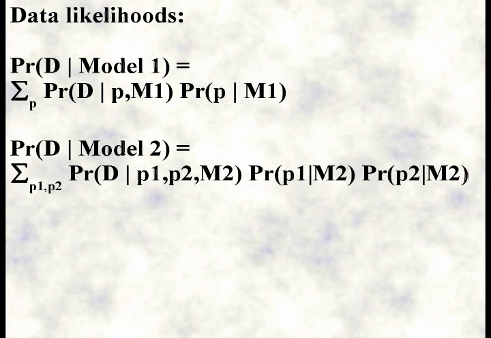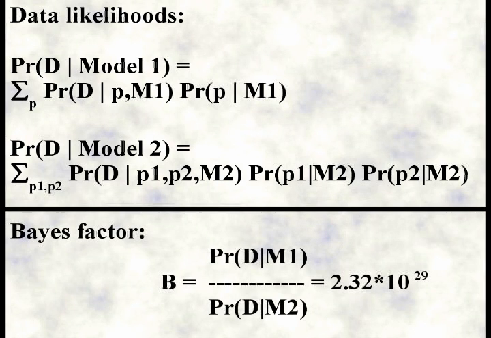The data likelihoods under the two models are found by taking the data likelihoods given the parameters times the prior probability of the parameters and summing over the possible values of these parameters. This yielded the following Bayes factor for Model 1, independence, versus Model 2, Markov chains: 2.32 times 10 to the power minus 29, i.e. the data is 4.3 times 10 to the power of 28 times more likely under the Markov chain model than under independence. So clearly there is dependency, meaning that the weather today is useful evidence for the weather tomorrow.